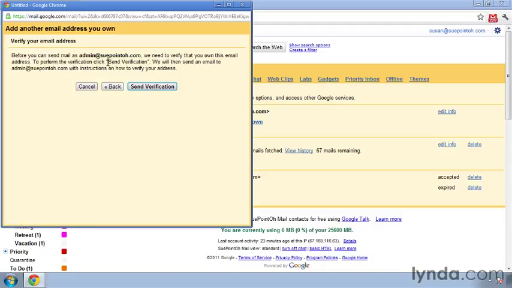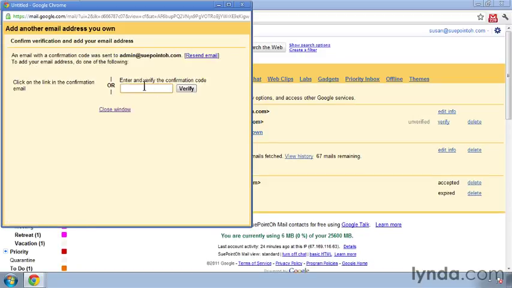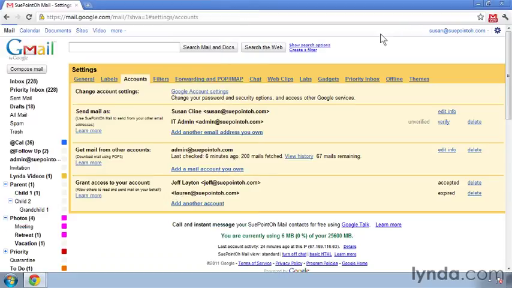Now I need to send a verification to this email address to prove to Google that I do own it and can respond from this email address. So I'll click send verification. So now I'll get an email in that other account with a link, a confirmation link, and a code. I can come back here and enter the code, but what I think is easier is just logging into that